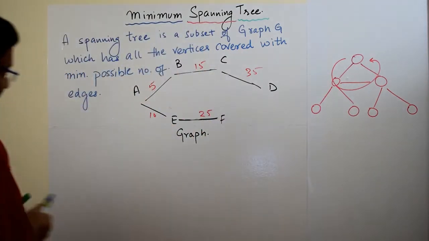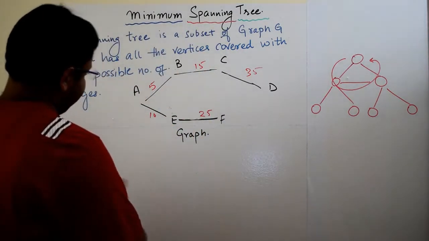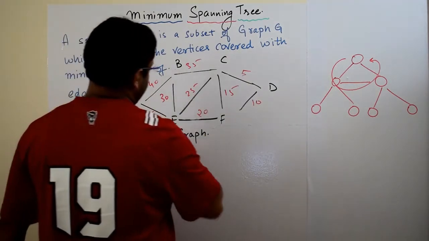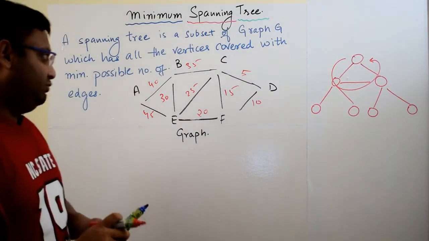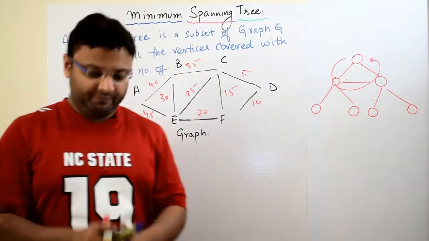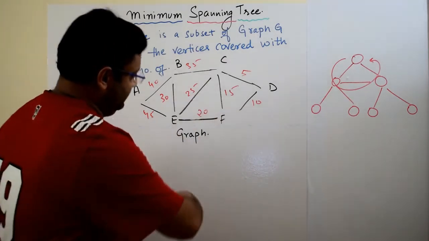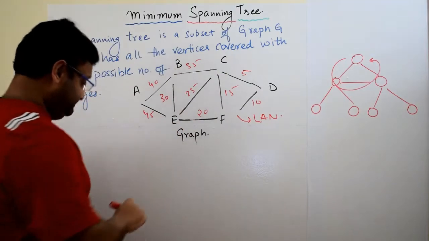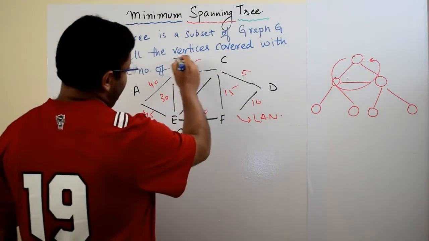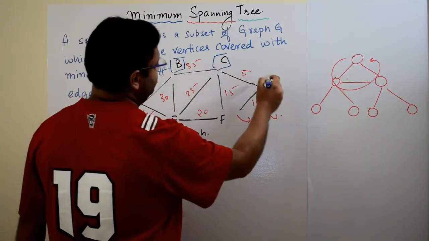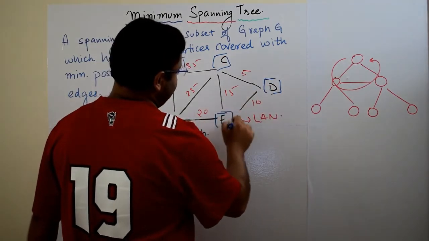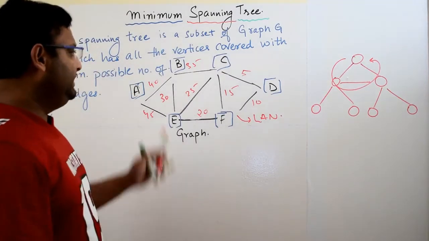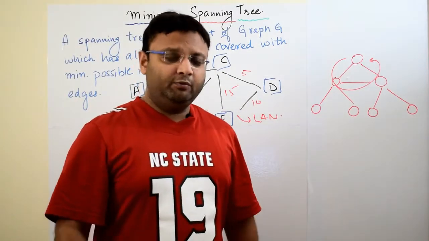So for example, if I again make the similar graph here, right? And now another application could be, as I told you, in the field of computer networks. So for example, if this is a LAN network, and these vertices are your bridges or switches, you can say, sorry. Consider them as switches, okay? So these vertices are your switches. Now what happens is,